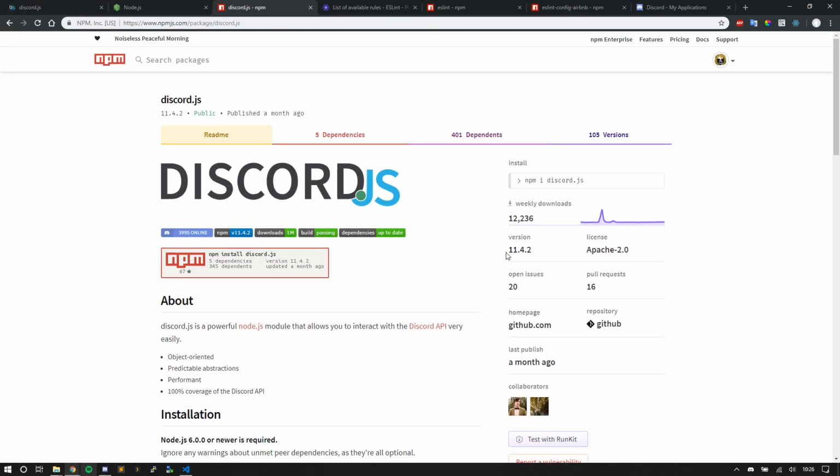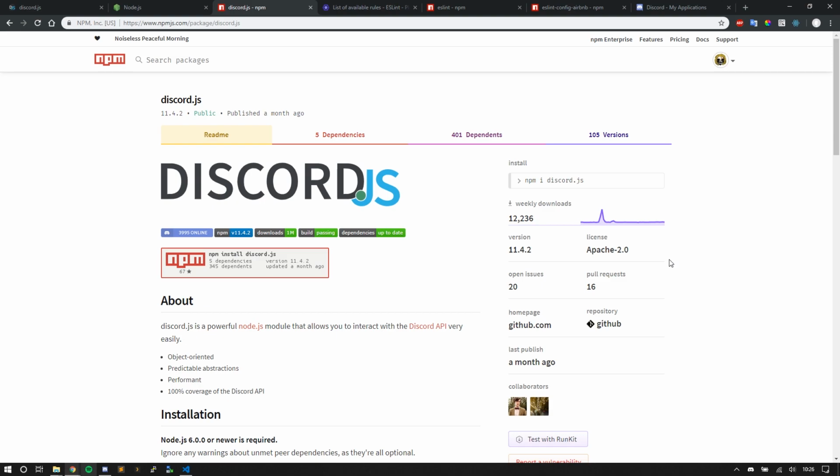The npm package you can find right here. The latest version is 11.4.2, and the repository is hosted on GitHub. GitHub is just a site where you can host repositories for your Git projects, and Git basically is a version control system. So you commit your project and push it to your repository, and you can see the history of your project.